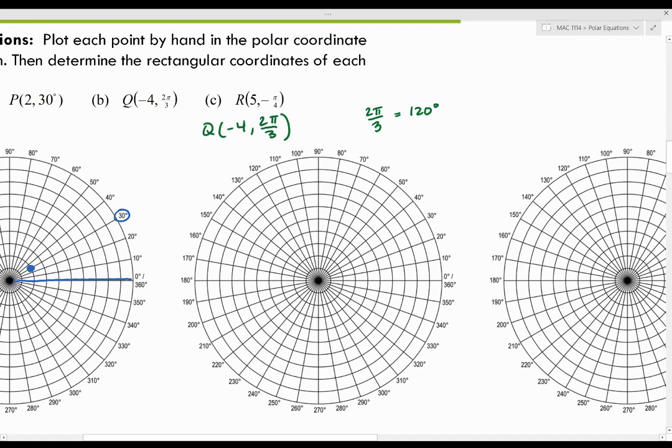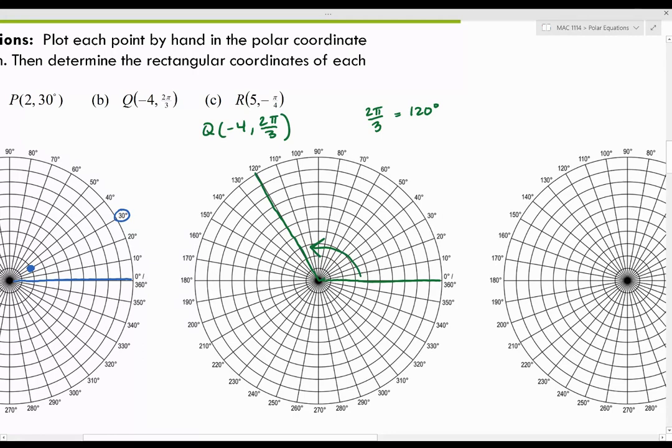So once again, if I start out at the positive x-axis, my person is going to rotate. I'm going 120 degrees, so that's positive. So I'm going to move counterclockwise. So it would be like my person rotated here to 120 degrees. And then my r tells me how many steps I'm going to take out from the origin. Now, it's important to note, if r is negative, as in this case, I am going to walk backwards